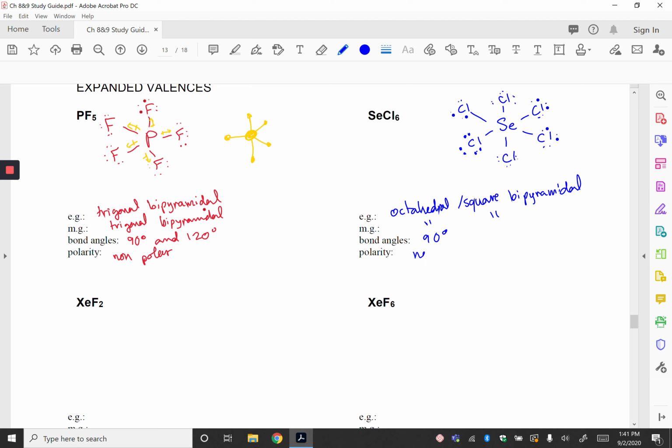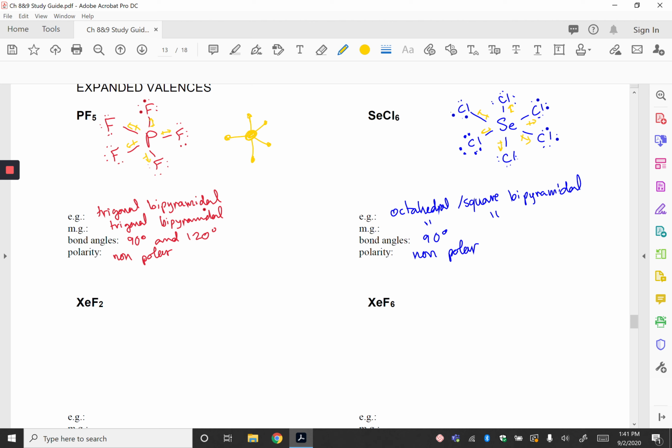And this one is nonpolar because it's symmetrical. All of them would cancel each other out. They're all 90 degrees apart and they're pulling with the same strength. Just a reminder, we don't do hybrids for anything above sp3, so you wouldn't have to worry about this. Okay,